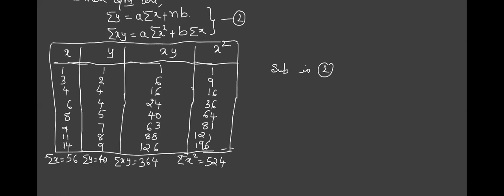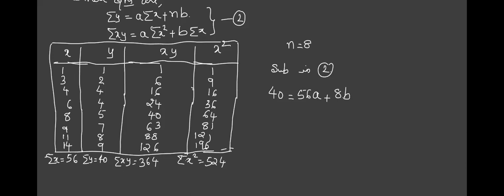So what is summation of y? It is 40 equal to a as it is. What is summation x? It is 56. So I'll write it like this, 56a. Plus one more thing, n is the number of values. So how many sets of values? 1, 2, 3, 4, 5, 6, 7, 8. n is 8 here for this problem. Clear? So what do I have to write here? 8b.